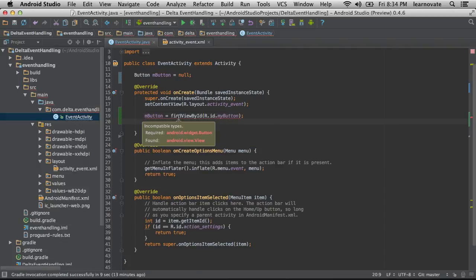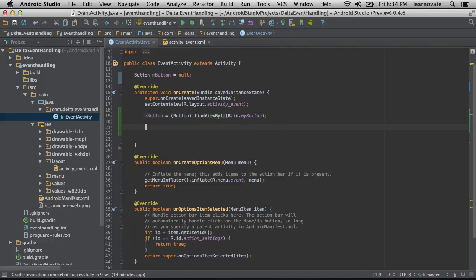But now I have a problem. Incompatible types. I'm getting a view by findViewById, and I'm trying to assign it to a button object. Well, if you remember our typecasting trick, we can fix this right away. Great. Now I have a reference to a button, but that's still not going to make it do anything when